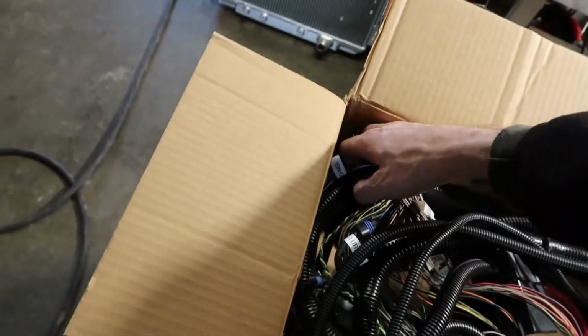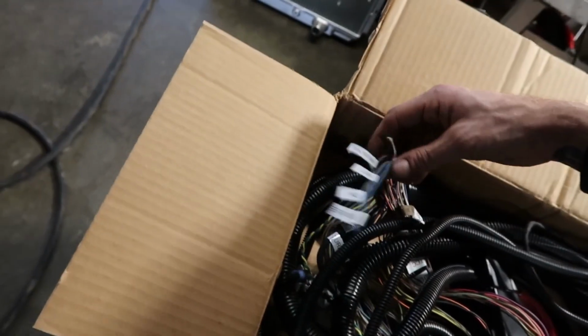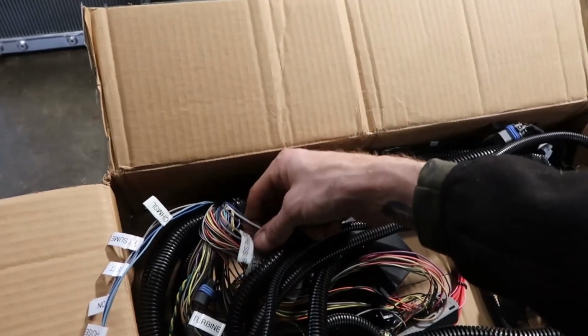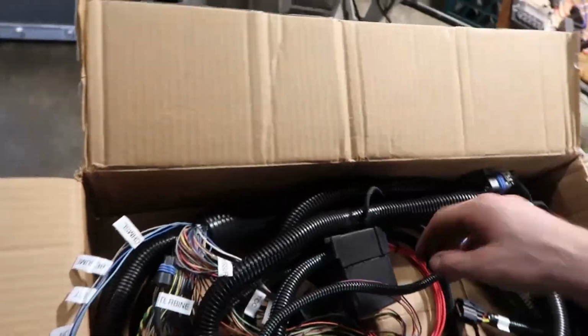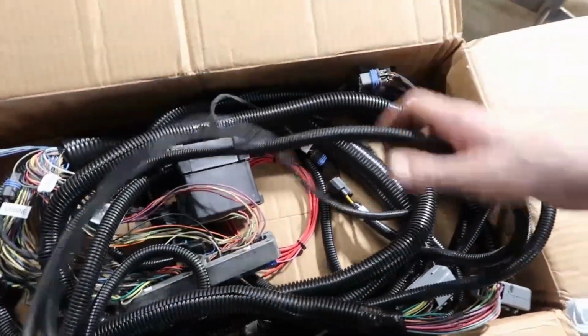So I opted for a brand new harness. Completely brand new. Oh wow. If I want cruise control, everything, oil pressure, speed. Oh dude, this is so cool. This is amazing. It's all new plugs, all new wires, all loomed. And what's funny is I was actually going to go through a different company and I was going to pay them